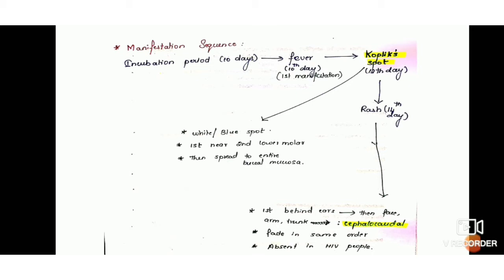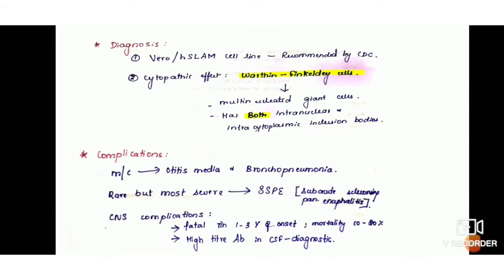It occurs first behind the ears, then face, arm and trunk. That is, it is cephalocaudal in presentation, and the rashes also fade in the same order, but these rashes are absent in HIV patients. And coming on to the diagnosis, it is done using Vero or H-SLAM cell line, which